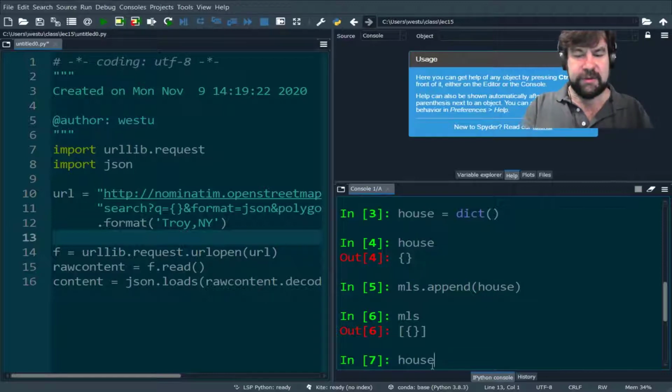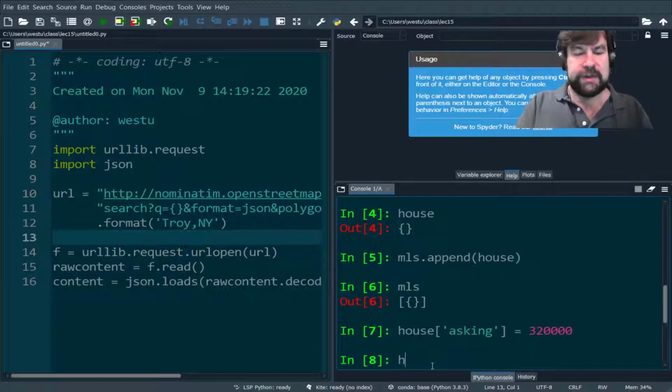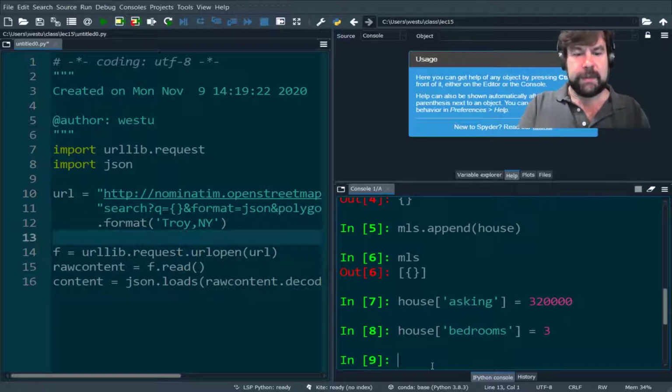And we can do something like house['asking'], the asking price for the house, is $320,000. And maybe house['bedrooms'] is 3, house['sqft'] is 1,800,